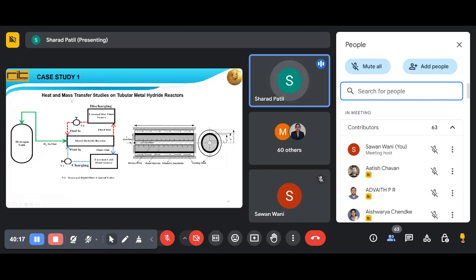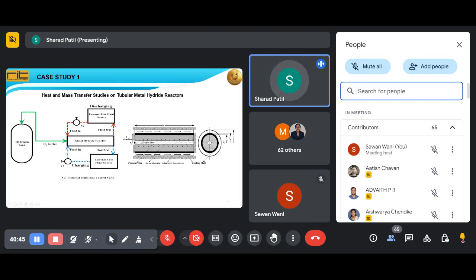So here the case study is that I would like to analyze the heat and mass transfer studies under tubular metal hydride reactors. For understanding the research question, I will explain again how the reaction is happening. Initially, you are going to have the source of hydrogen tank, and from that, I am going to take the hydrogen, and this is the reactor where it is storing the hydrogen in the hydride